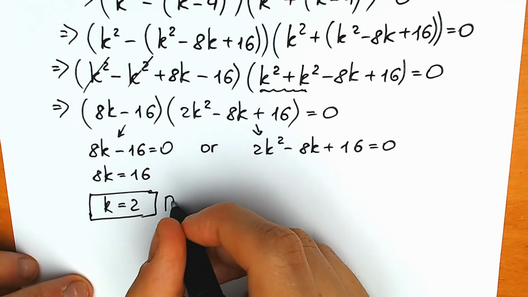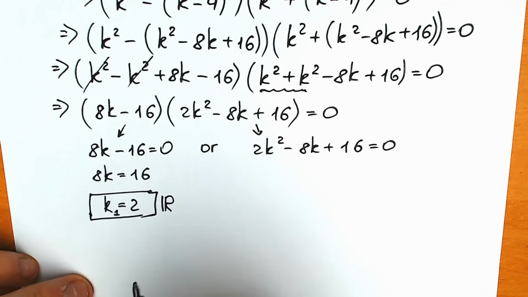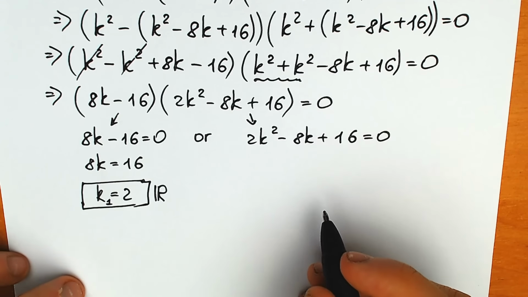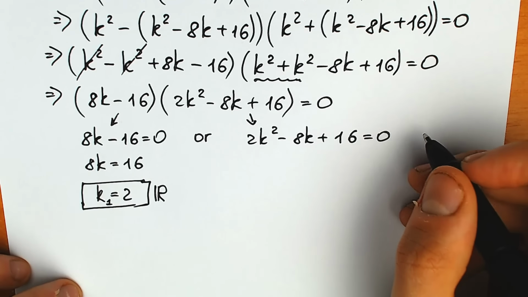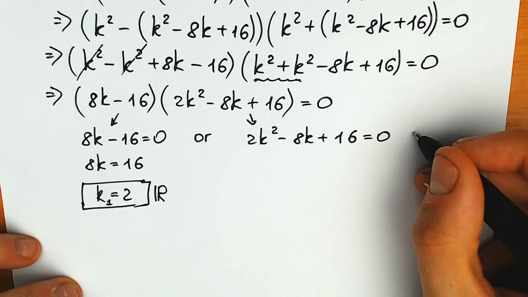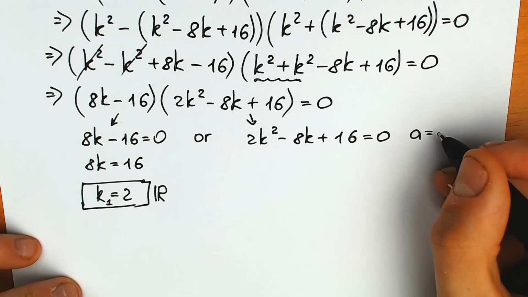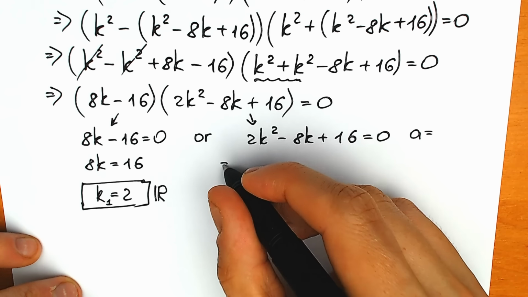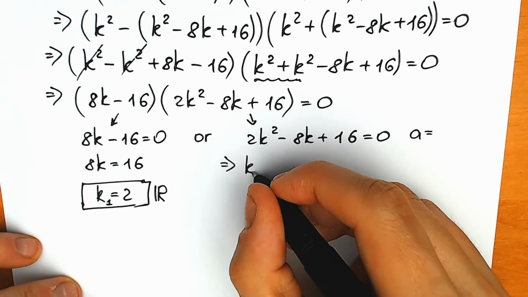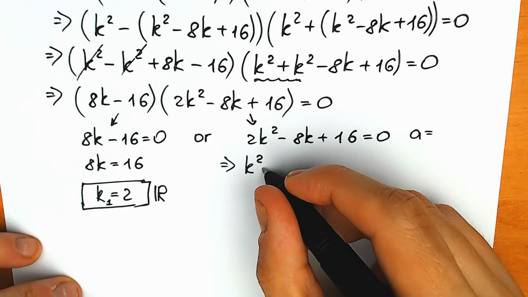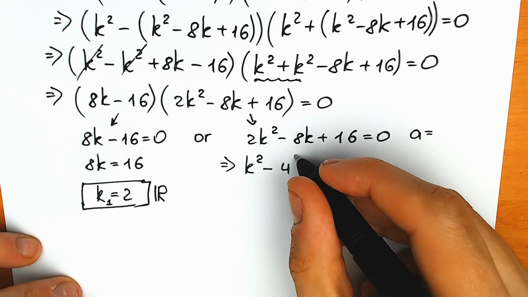Moreover, this is a real number root, and we can call it k first. Okay, right now let's look closely at this quadratic equation. First of all, I want to write it in terms of coefficients. We write our coefficient a equal to 2, but one really important moment: we can cancel each of these coefficients by 2. So as a result, we have a quadratic equation, k square minus 4k and plus